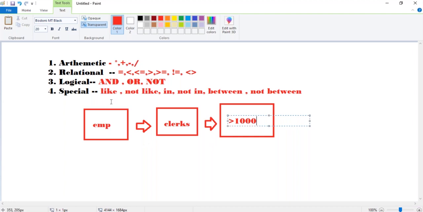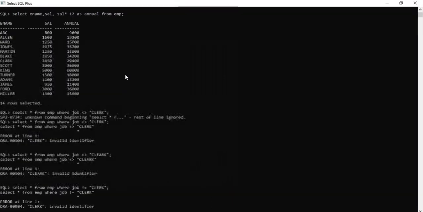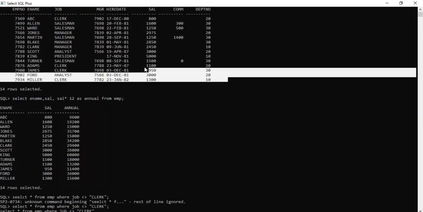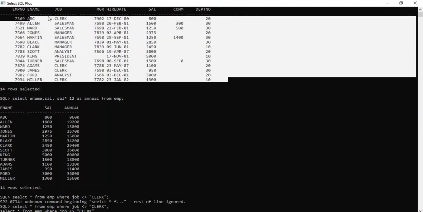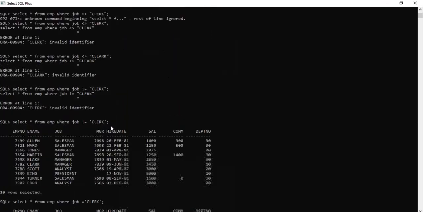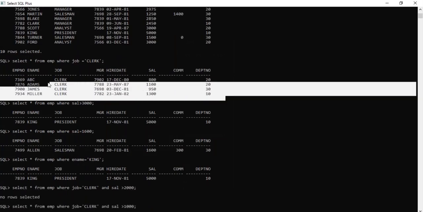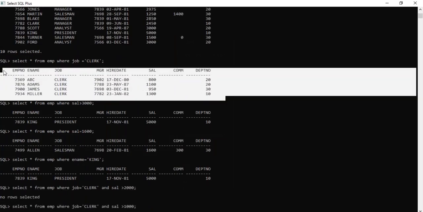Now when we are using the AND operator, what will happen? It will not take data directly from the database. Once the first condition, what we have used here, job is equal to clerk, out of these 14 records it will filter the clerk data into one instance. That means like this.